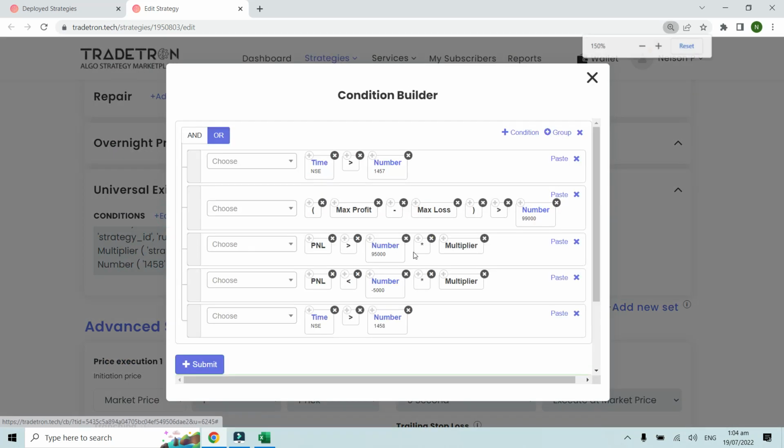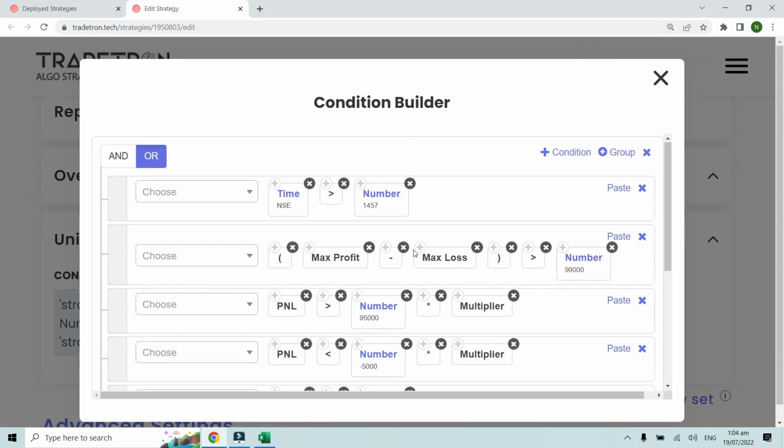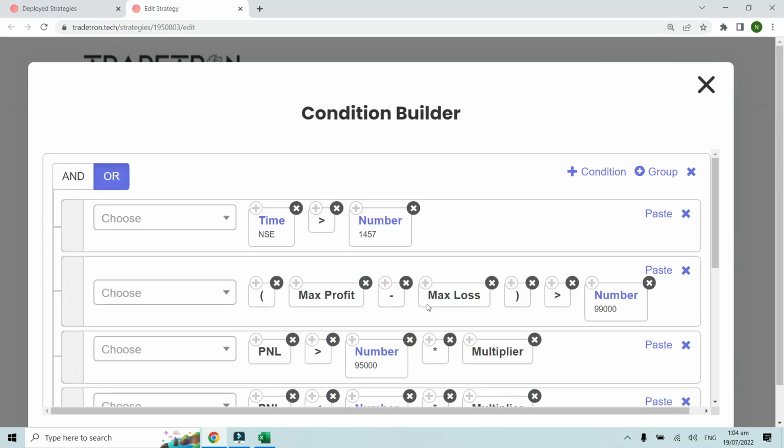So if you can see, it's a very simple condition. I have made multiple conditions, but the main condition that I want to talk about is this max profit minus max loss keyword. What this does is it only records the max profit and max loss for the entire day for that counter. So this is basically max profit minus max loss is greater than 99,000. I have just put 99,000 randomly as the number over here, because I know that on a 1x multiplier I will not be able to cross 99,000 in intraday profit